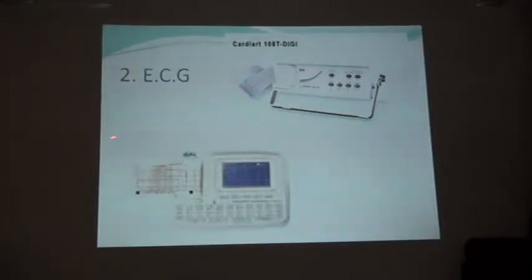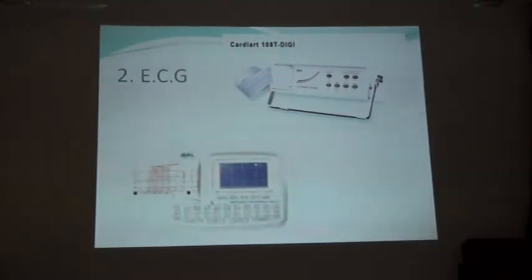Machines can be traditional, but there are also automatic models. There are single channel machines, and there are multi channel machines. So when you are using the ECG machine, you must know the calibration marker. You must know the different lead placements accurately, the different places, and take care of that for proper recording, and then interpretation.